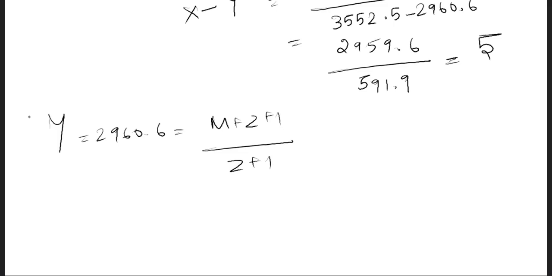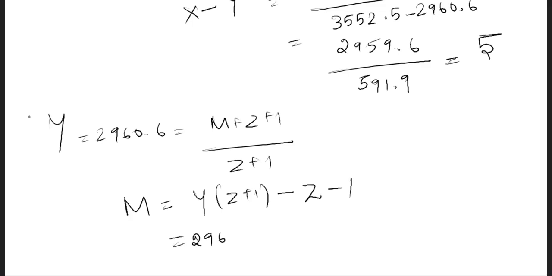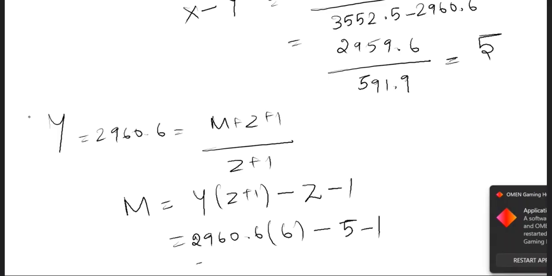If you rearrange this equation, you will get m equal to y into (z plus 1) minus z minus 1. And then if you feed in these values, that is 2960.6 into (5 plus 1), which is 6, minus 5 minus 1,